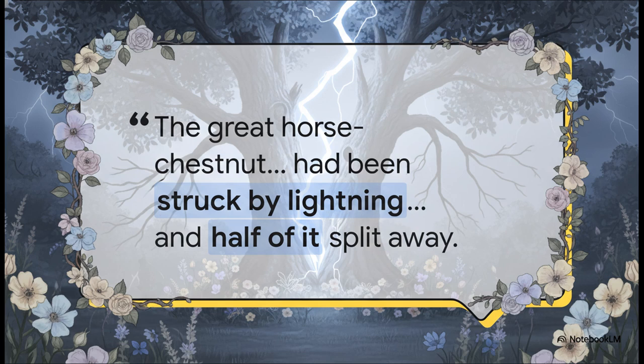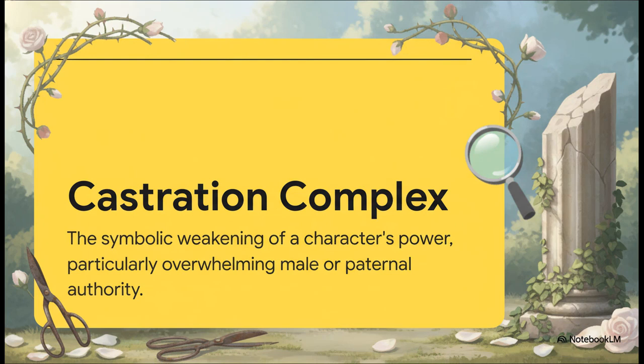Okay, and then we get this incredibly violent image. The night after Rochester proposes, a huge lightning bolt just splits the big chestnut tree at Thornfield right down the middle. This tree was supposed to be a symbol of their new love. Now, this is one of the most famous bits of foreshadowing in all of literature, but what's going on here psychologically? Well, it ties directly into another psychoanalytic idea called the castration complex. And, whoa, hold on. In literary analysis, we're not talking about anything literal here. It refers to a symbolic act.